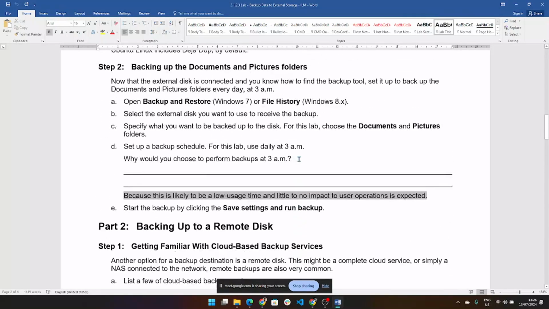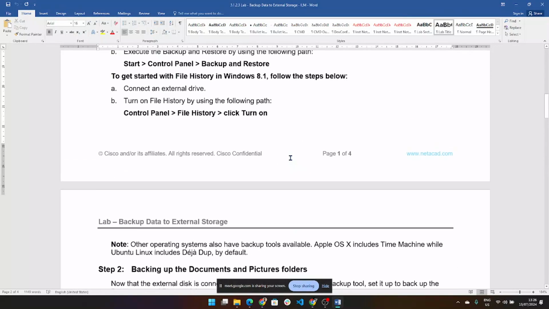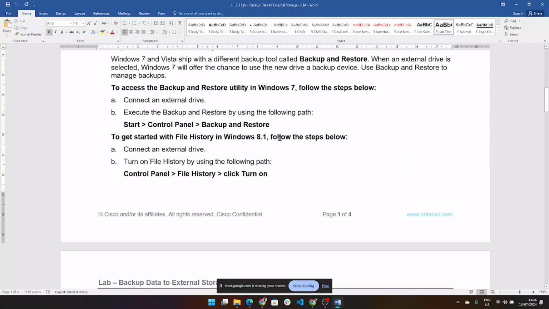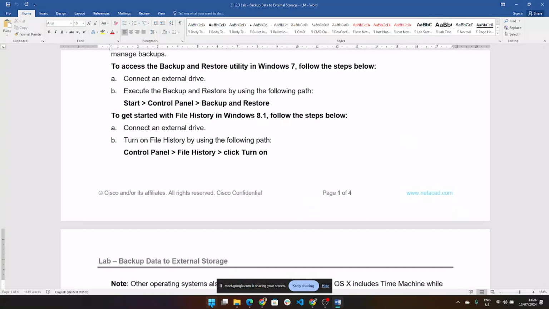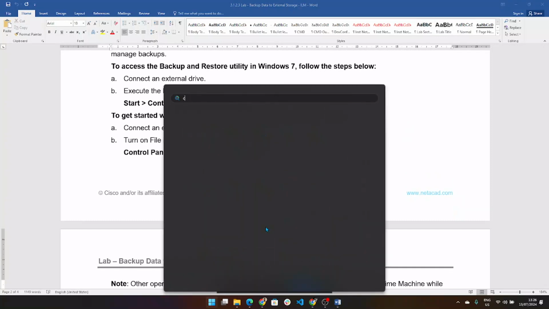All right. Okay. Let's start from backing up. Let me show you how to back up. If you want to do this, the first thing you need to do is go to your control panel. So if you can search for control panel,